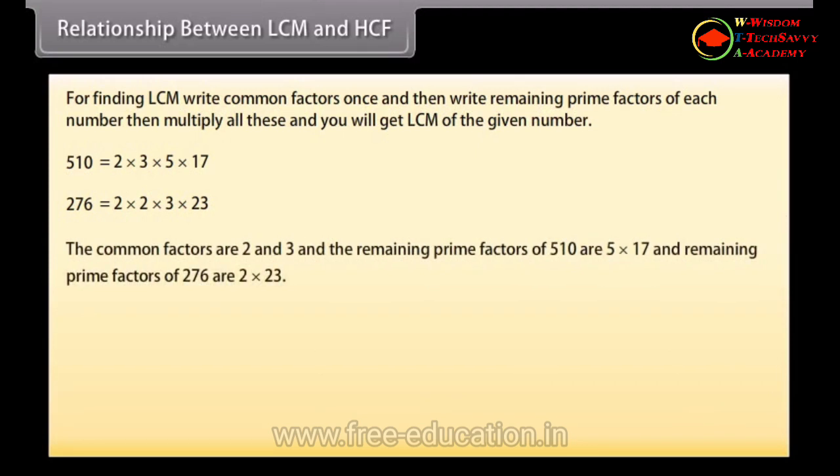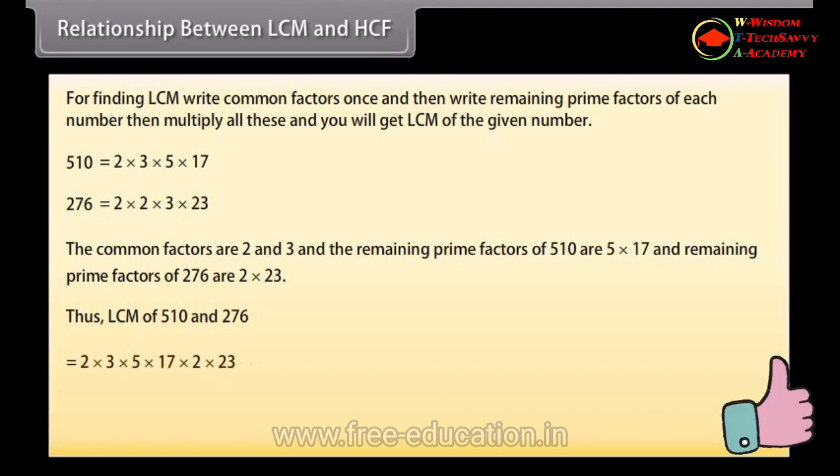The common factors are 2 and 3, and the remaining prime factors of 510 are 5 into 17 and the remaining prime factors of 276 are 2 into 23. Thus, LCM of 510 and 276 is equal to 2 into 3 into 5 into 17 into 2 into 23 equals